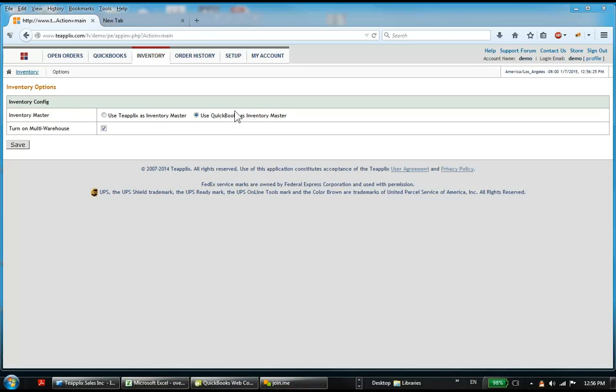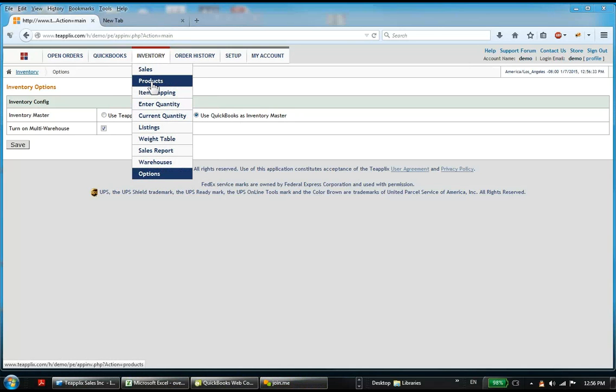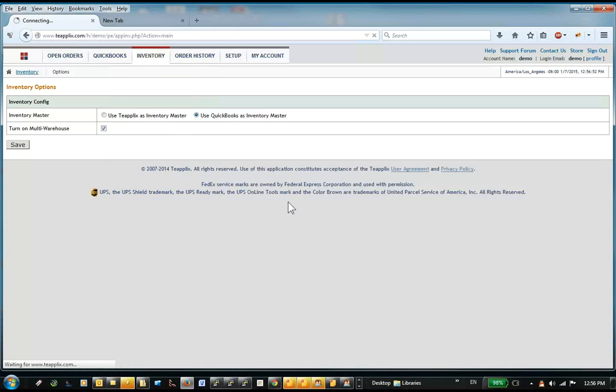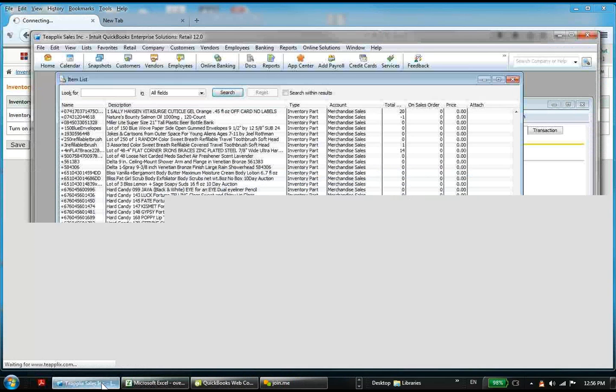Okay, so let me just go over the concept, right? When you're inventory master, what happens is of course, you define the product. That's either in QuickBooks, either way, you define the product, right? The question becomes, where do you enter the quantity to net out? Because quantity is a live flying number, okay? The question becomes, where are you going to enter the quantity? Some people just say, of course, QuickBooks. I am going to